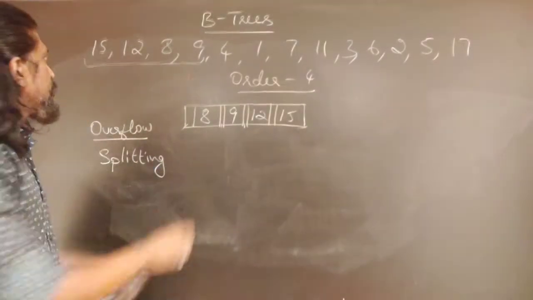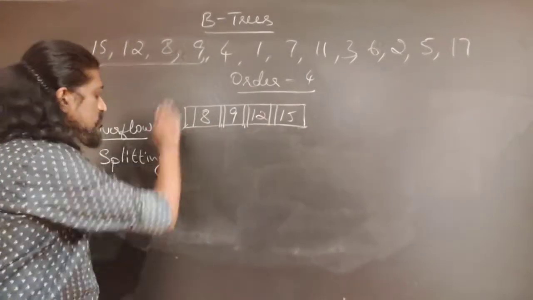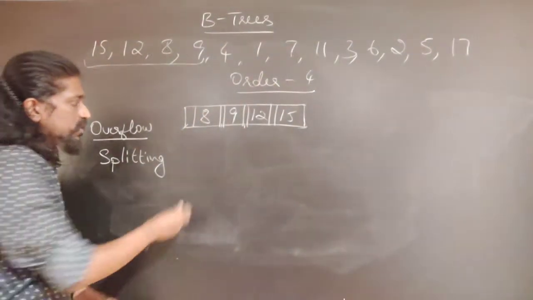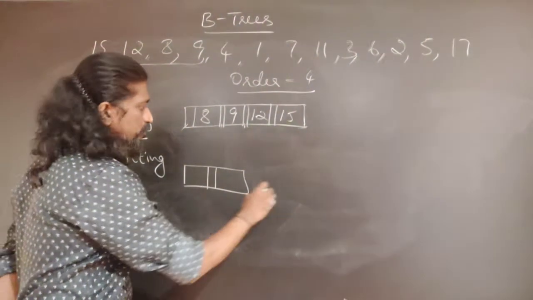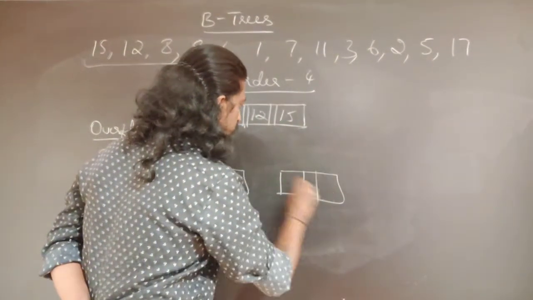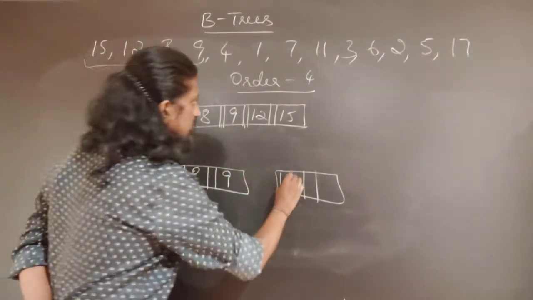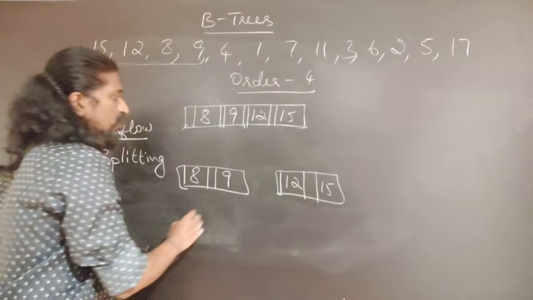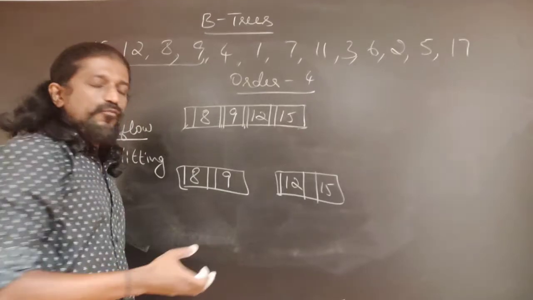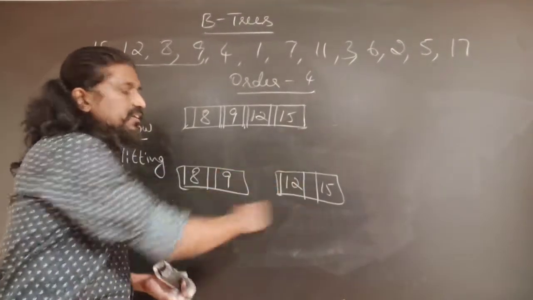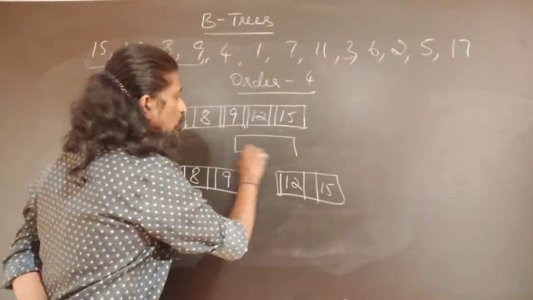How do we split a node? So now we need to insert 4 to this particular node. This is already full, therefore what we do is we will split it into 2 nodes, each consisting of 2 keys. The first 2 keys in this, 8 and 9, the next 2 keys in this, 12 and 15. Earlier there was only 1 node, now there are 2 nodes, and therefore we need a root node to make it a tree. So after this splits, we construct a new root to this.